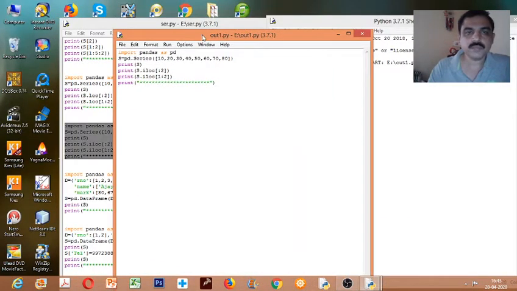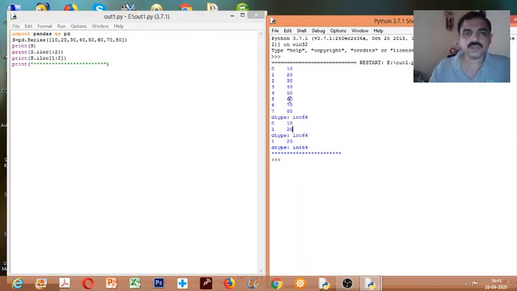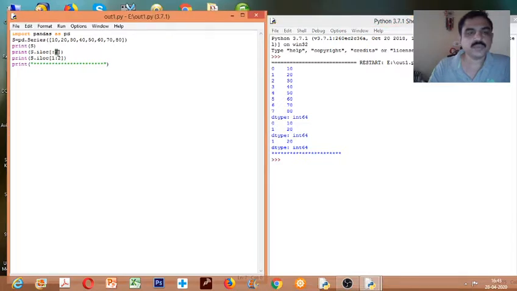This is our program. The series is displayed. With iloc I wrote colon and 2. The starting index is not mentioned, that means it starts from 0, but the upper limit is 2, and 2 is not included here. So only 0 and 1 are displayed.